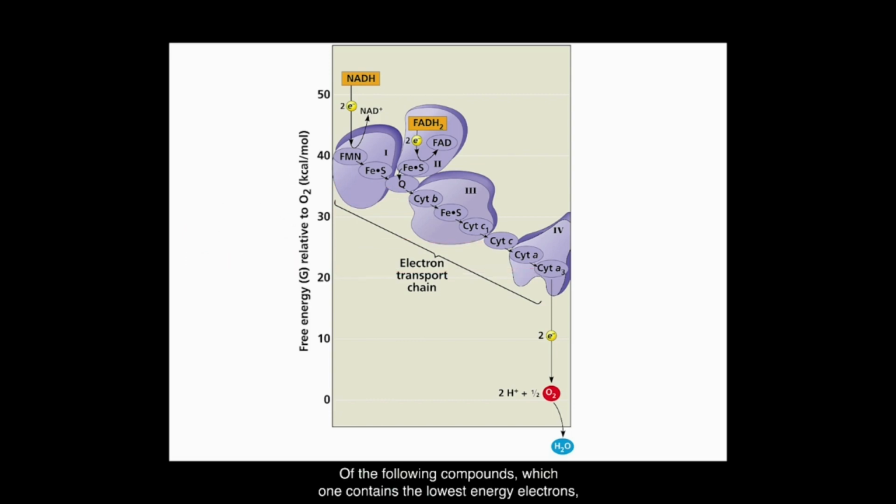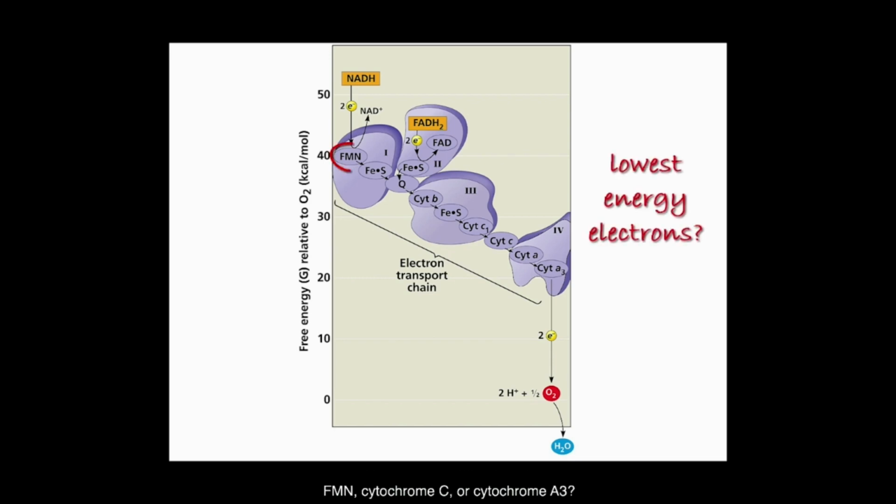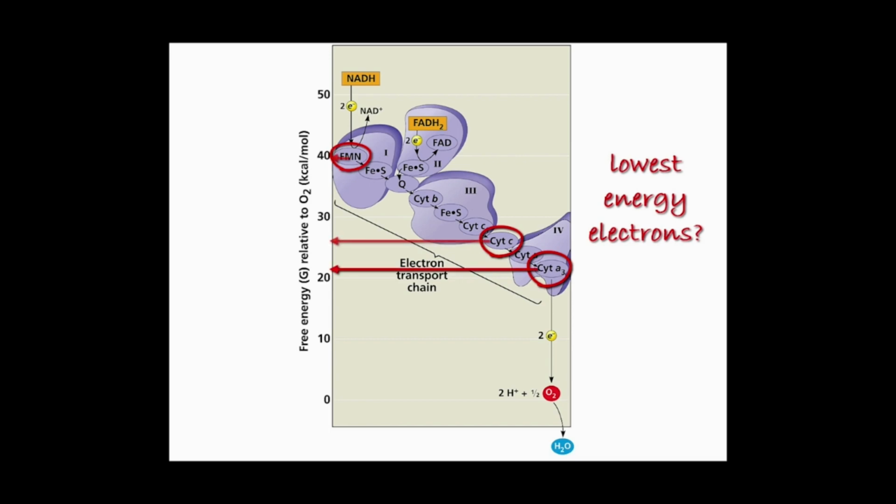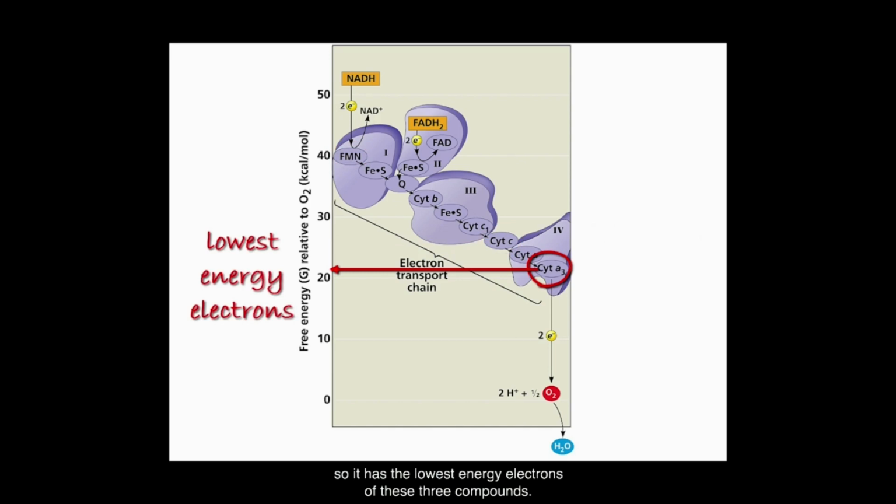Of the following compounds, which one contains the lowest energy electrons? FMN, cytochrome C, or cytochrome A3? Cytochrome A3 is lower on the graph than FMN or cytochrome C, so it has the lowest energy electrons of